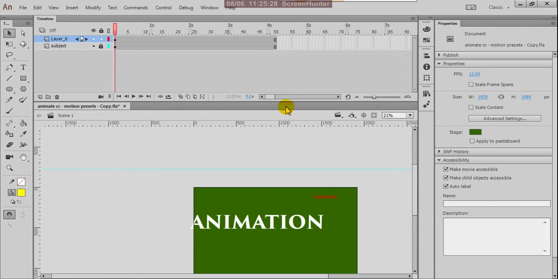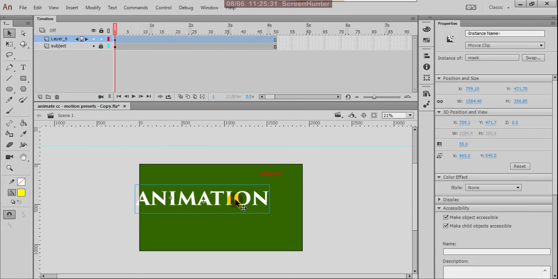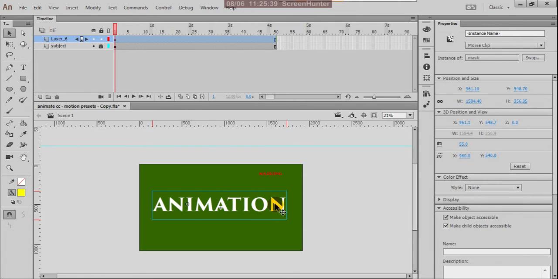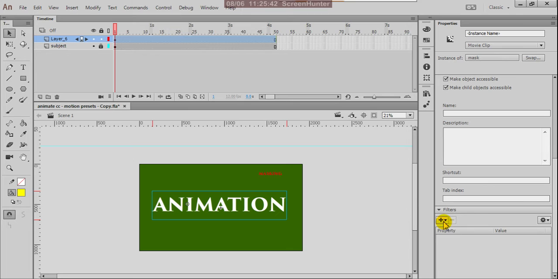Okay, right, and what to do? Make the center here. Okay, now you can apply any effects if you want. Suppose a drop shadow, make it. Okay, and the distance of that. Okay, yes.